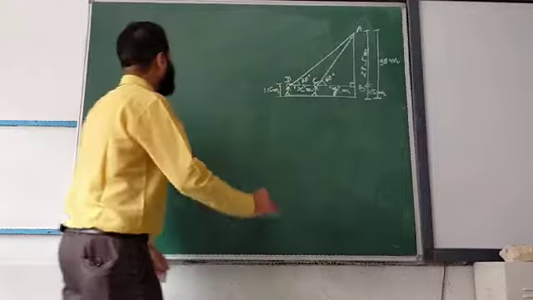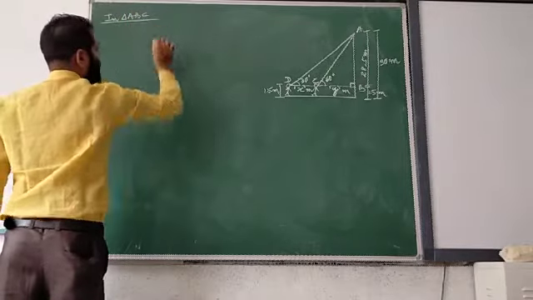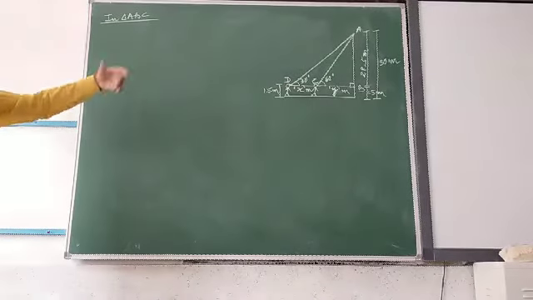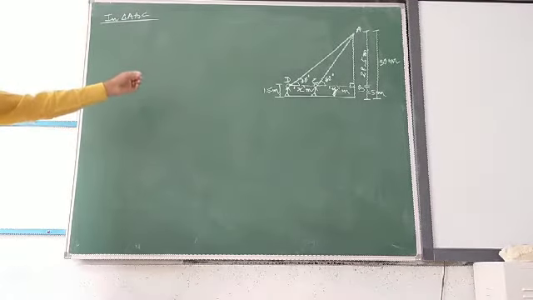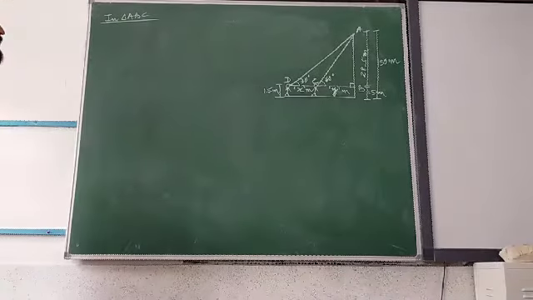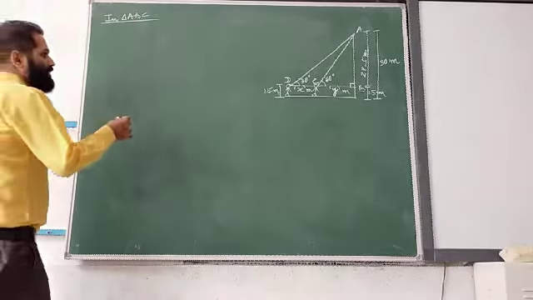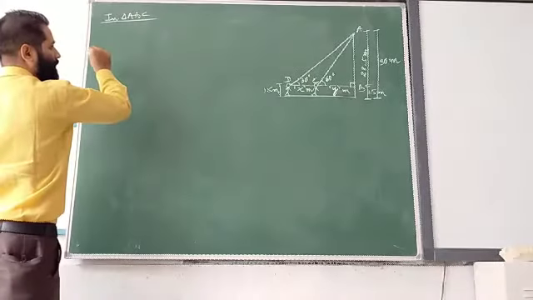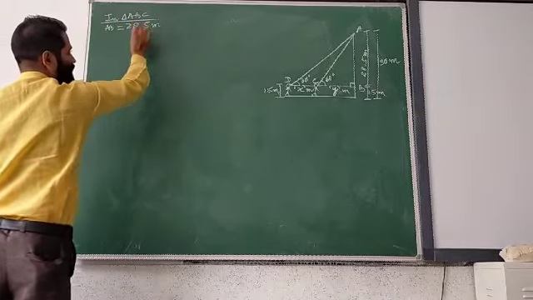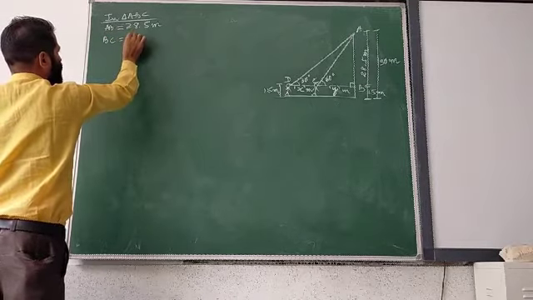Is it clear? So we will be taking in triangle. In the diagram you have mentioned everything, right? So no need to show that the height of the building from the eye of the boy is 30 minus 1.5. Waste of time. You have shown it in the diagram, right? That's all. So in this triangle, what is given? AB is 28.5 meter. BC, what is BC? BC is y meter.